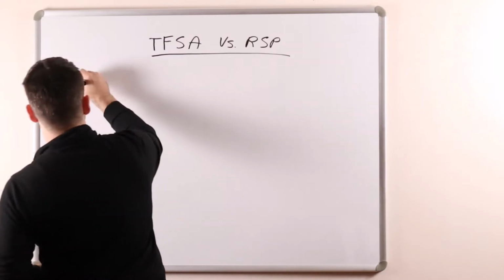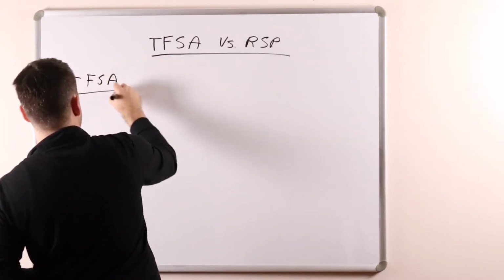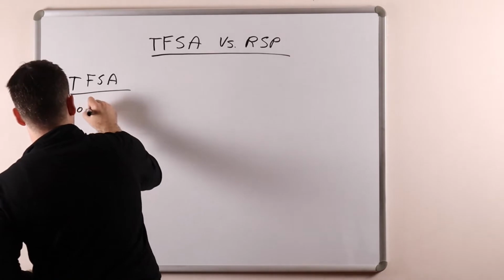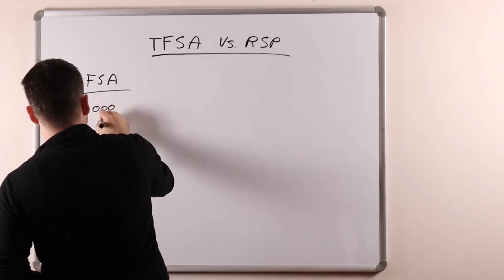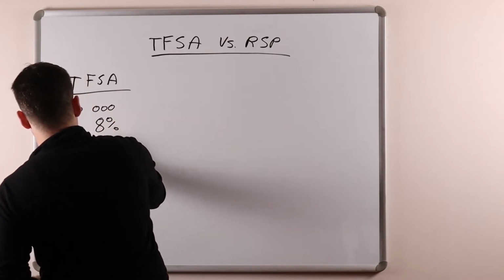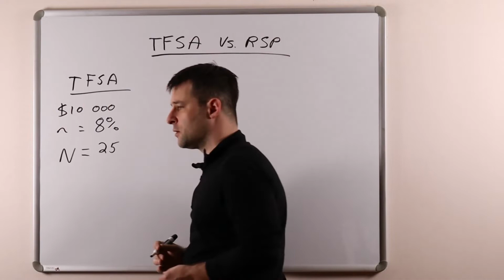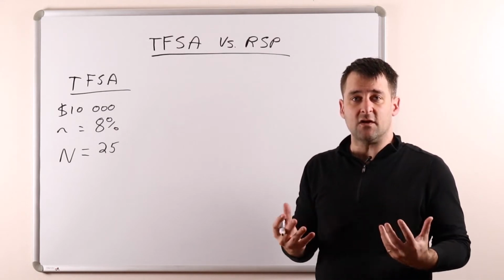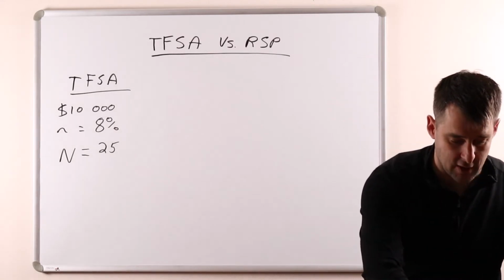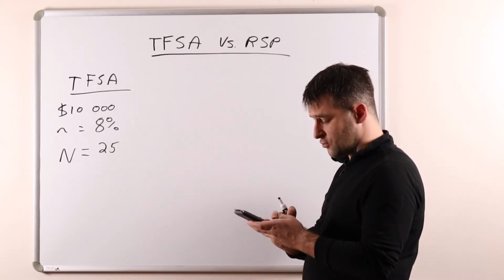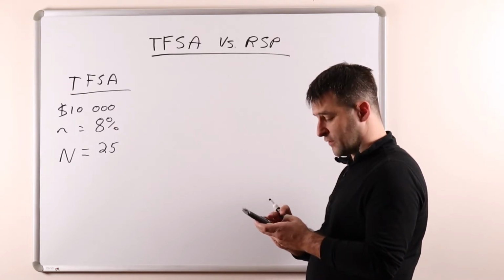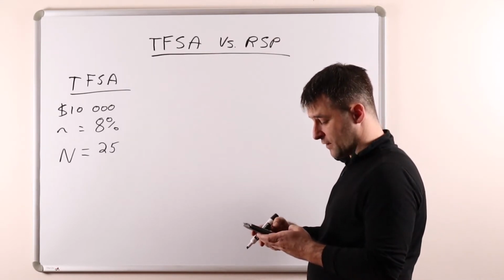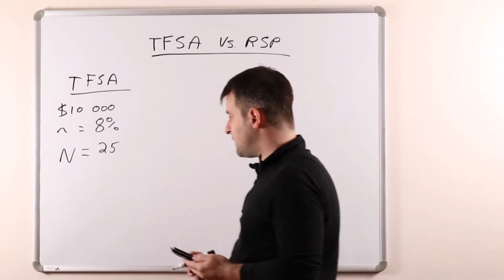So we're going to start with the easy one, which is the tax-free savings account deposit and withdrawal. We're going to assume that $10,000 is being deposited. We're going to assume that the rate of return is 8%. And we're going to assume that that return is happening over a 25-year period, every year for 25 years. And then we're going to calculate how much will be there at the end of it. And that way we can compare it. So I'm going to do 1.08 y to the x 25, or of course you can do 1.08 times 1.08 times 1.08 25 times. I will then multiply that by $10,000, and I get a future value